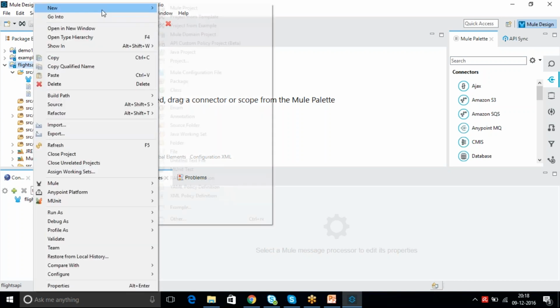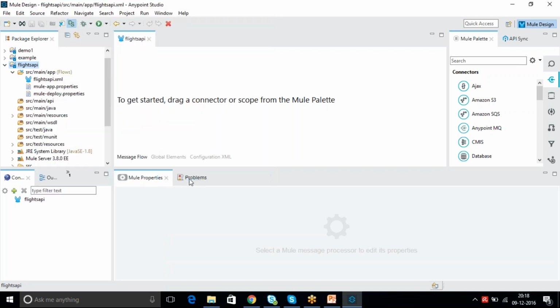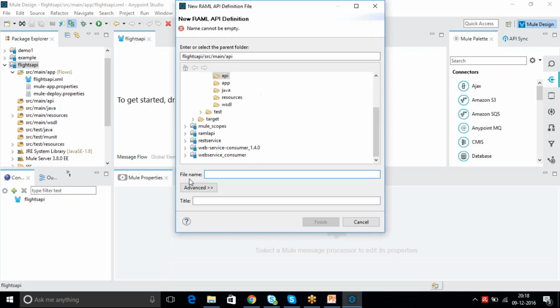Whenever you start creating an API, follow this procedure. Go to the RAML definition. We'll give the same name, flights-api. You can give it some other name also.